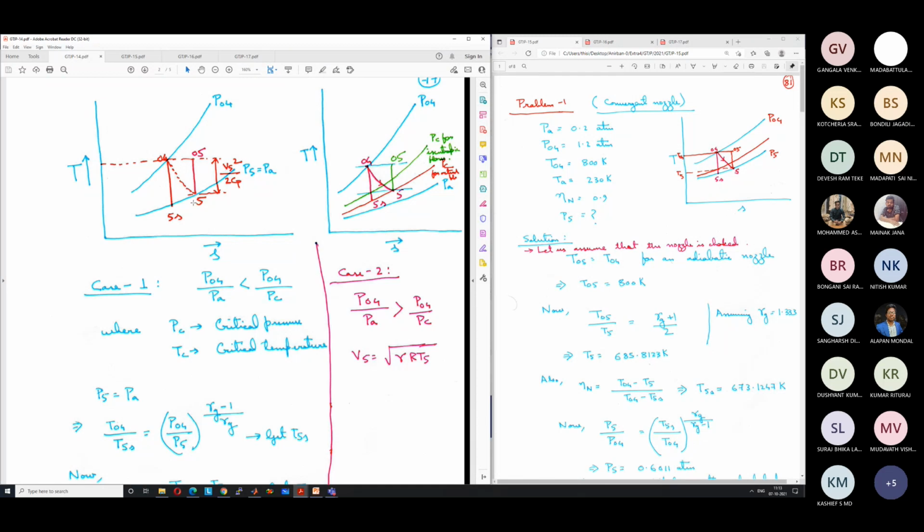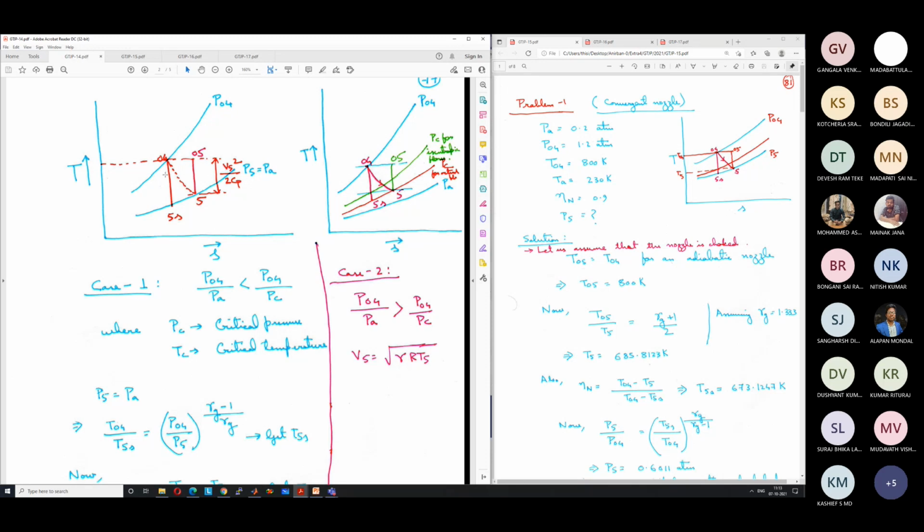Okay, so the static pressure is, so this point 5 is somewhere much below the point 05, and the constant pressure line going through this is the static pressure, the pressure at the outlet of the nozzle, which should be equal to the atmospheric pressure, right? For this case, for case 1, where the nozzle is not choked.